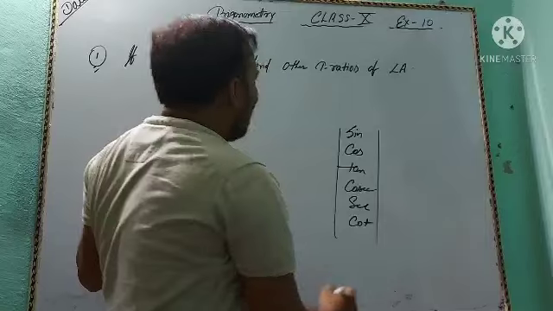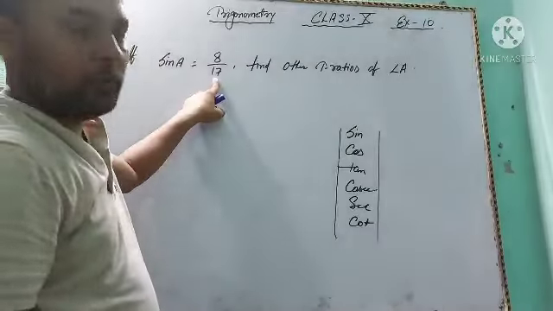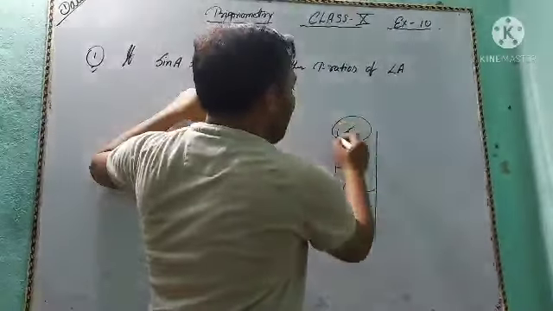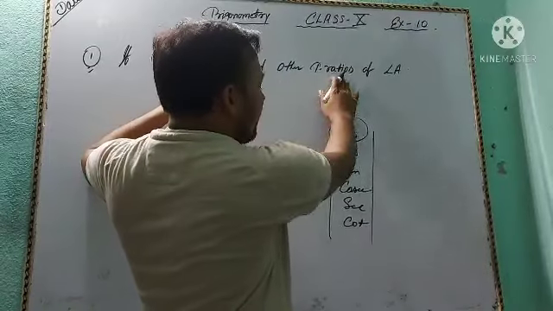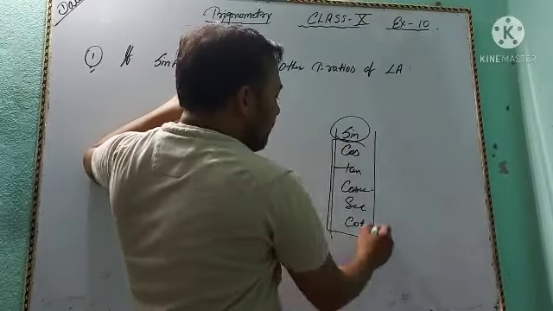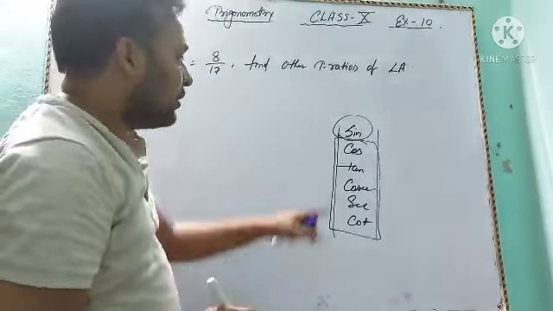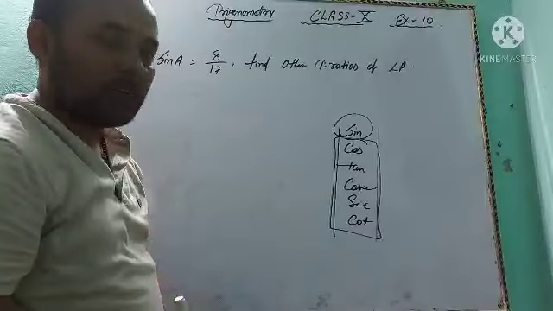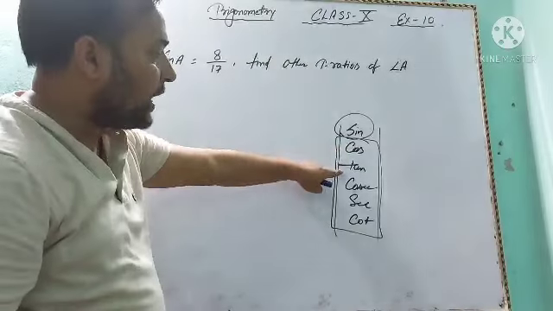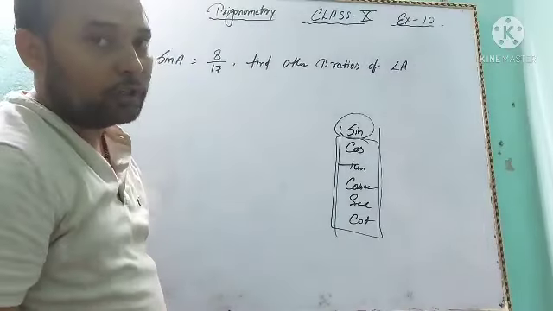Okay, so one is given, then find other trigonometric ratios. It means find out the other 5 trigonometric ratios, just like cos, tan, cosec, sec and cot. Okay,